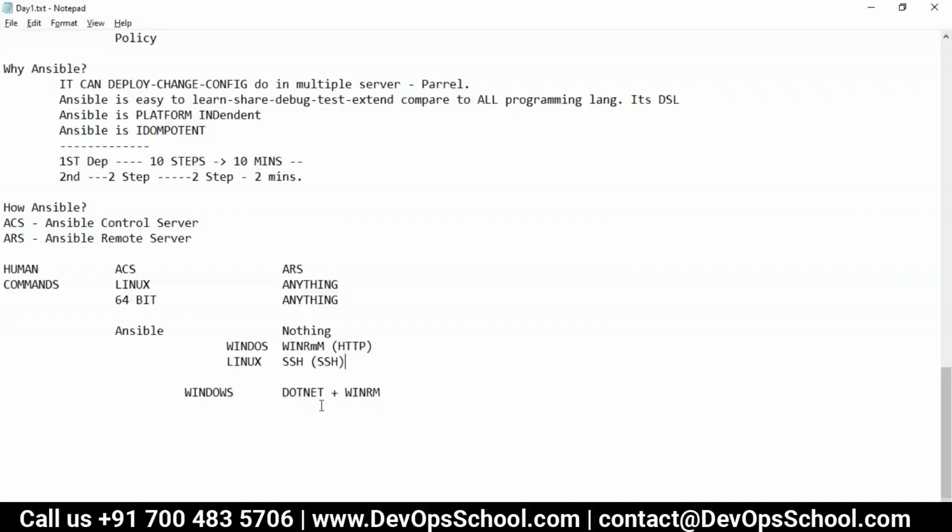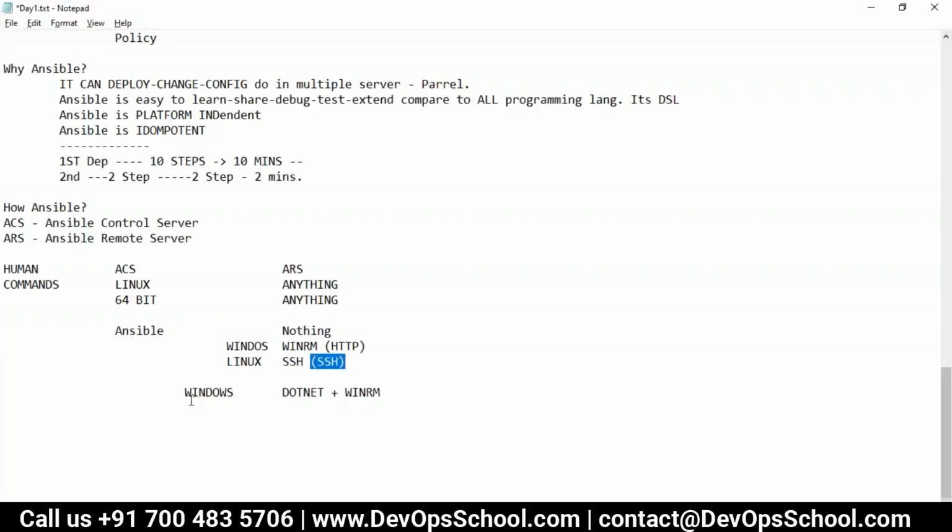Okay, so this is the difference. So when ACS connects to the Windows ARS, it uses WinRM, protocol HTTP, and when it connects to the Linux machine ARS, it uses the SSH protocol, SSH method.